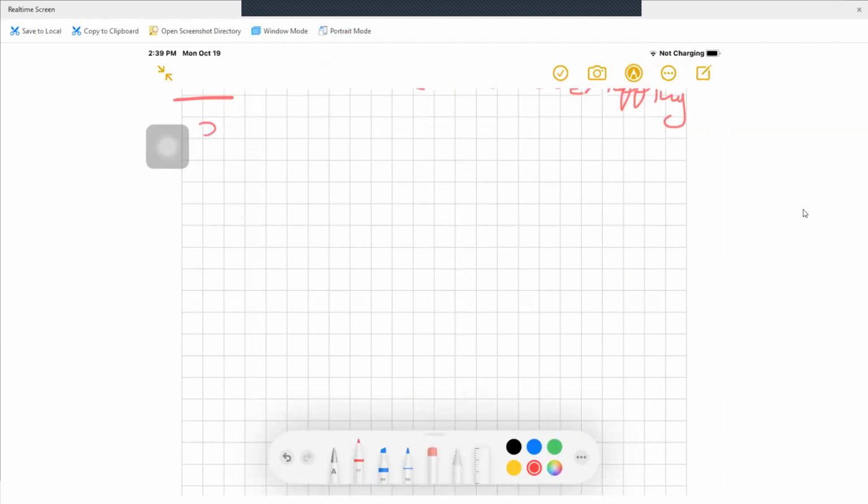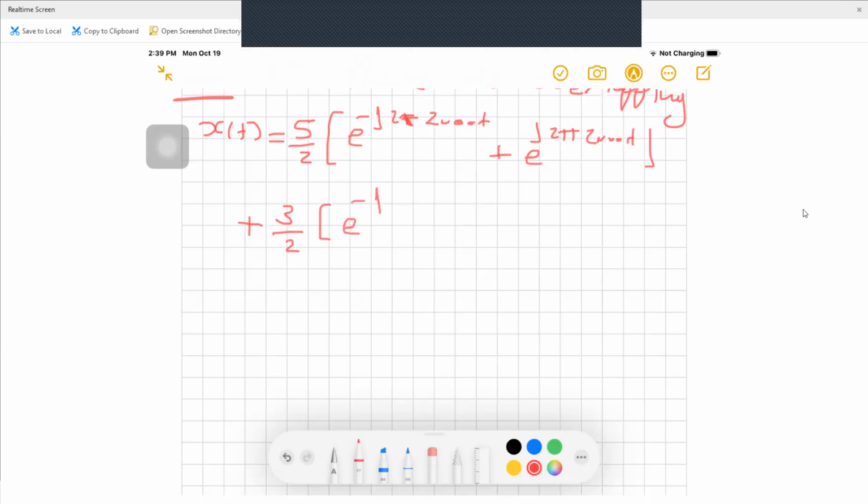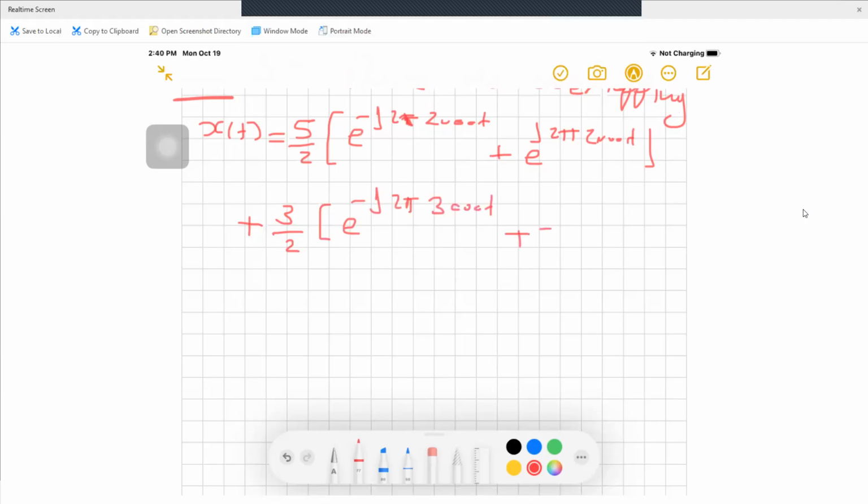So x of t according to the Euler identity will be 5 over 2 multiplied by e to the minus j 2 pi 2000 t plus e to the j 2 pi 2000 t,